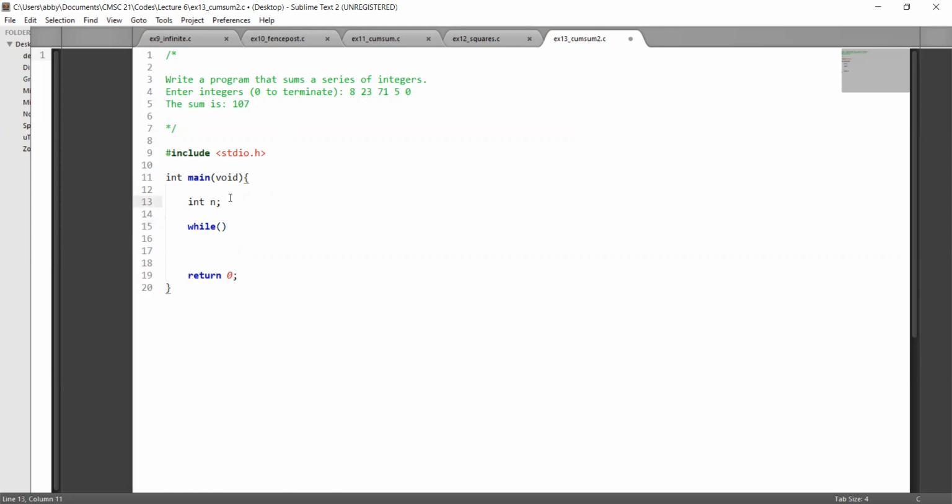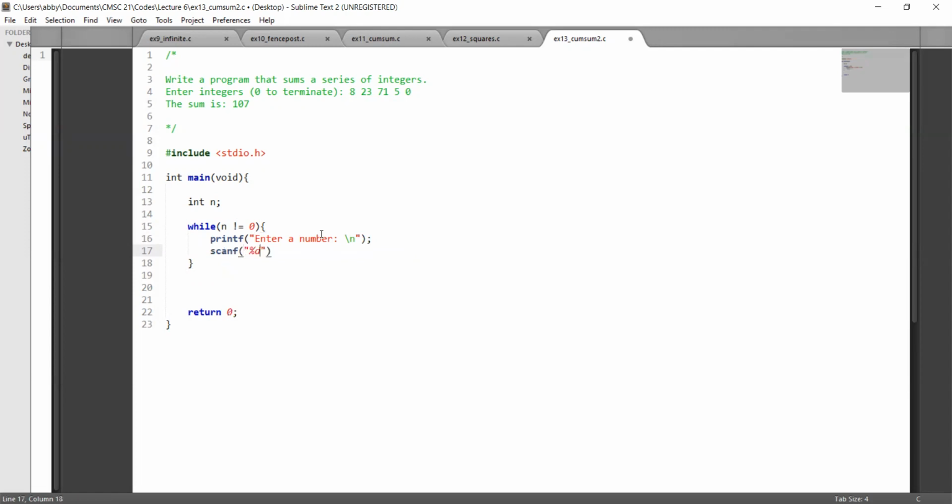Our condition is that while the number that was entered by the user is not yet equal to 0, it will continue. Translating that to code: while n is not equal to 0, we will continue asking the user to enter a number and saving it